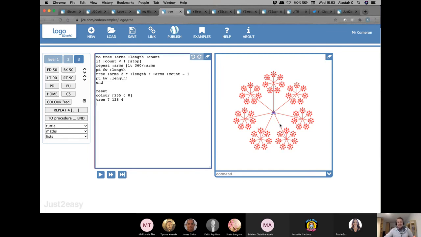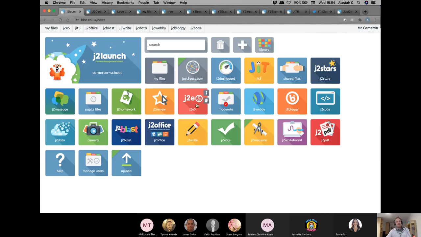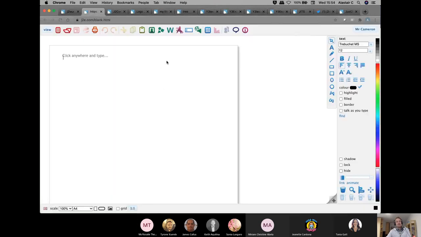What you can do here is then utilize the code that you've made in a variety of different ways. Because what you can do is you can press Control and right click. So I've just pressed my Control and the right click button, and I can copy this image. Because what I might want to do is go back into J2E5 and paste my, oops.